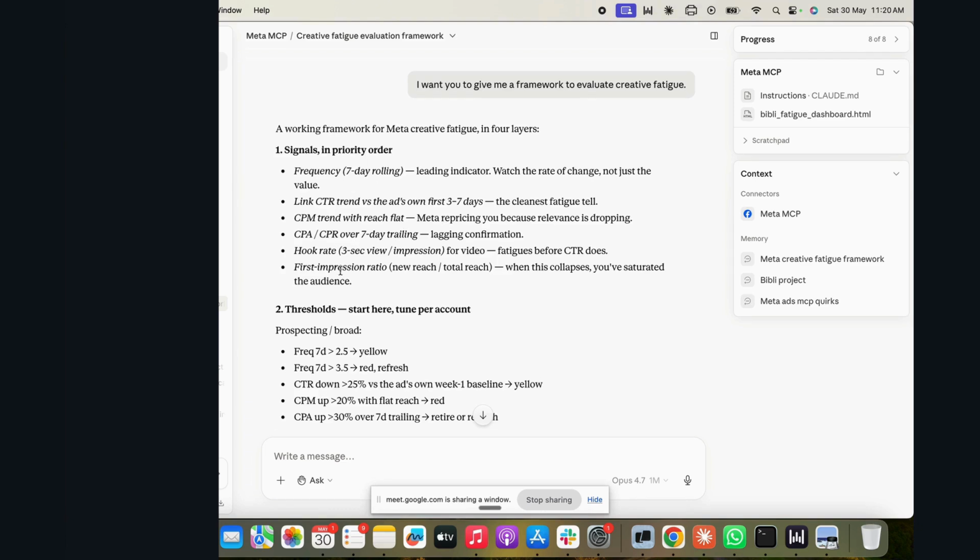So now these are fine, but my biggest red flag in terms of what it mentioned was the 7-day rolling frequency. Now, as an experienced marketer, I know that this is not correct, right? Because 7-day rolling frequency is always low. It is only considering the number of people it has been seen by in that 7-day period. It is not considering how many people have seen it in their lifetime. And frequency is basically defined as impressions by reach, so if one person saw the ad 3 times, frequency is 3, right?